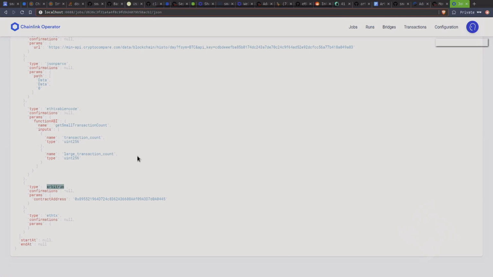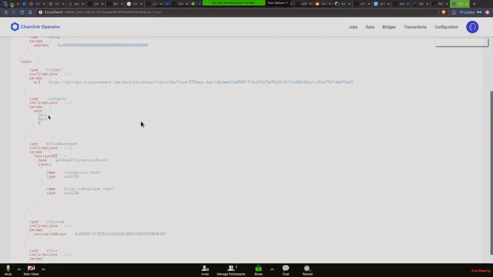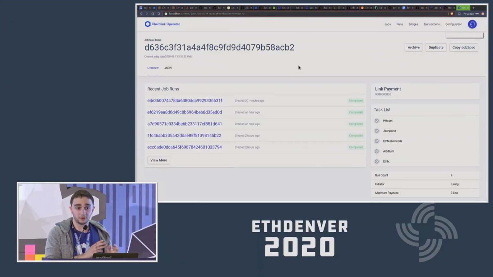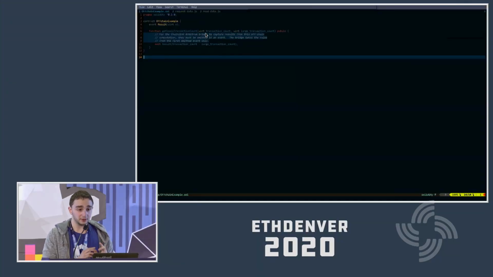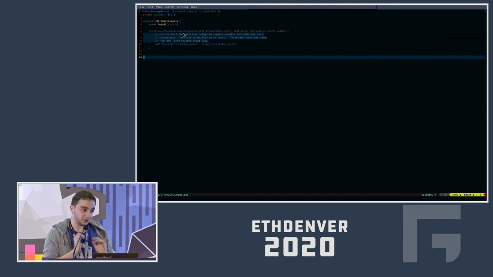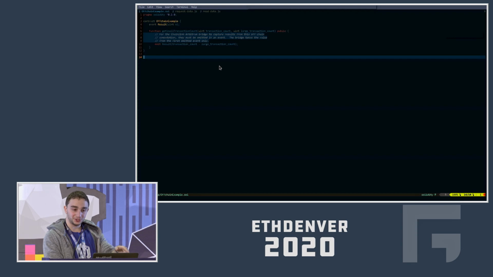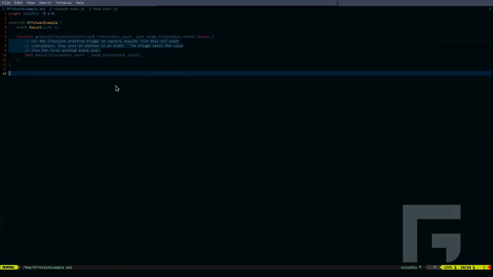And then basically, so that's an Arbitrum computation. As you can see, the type is Arbitrum, and he's going to then return the result of this computation on-chain, basically. What the computation does, very simply, is compare the number of transactions which happened on Bitcoin between two blocks. It's a very simple computation, just as a demo use case. That's the Solidity code which we are processing here and which was translated into API.